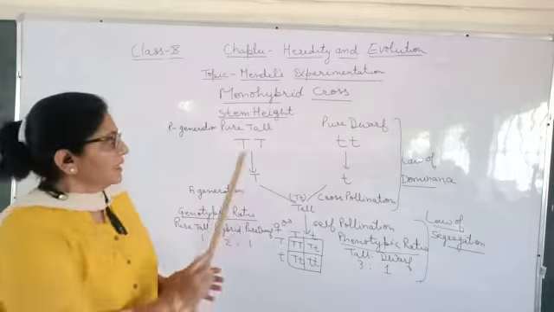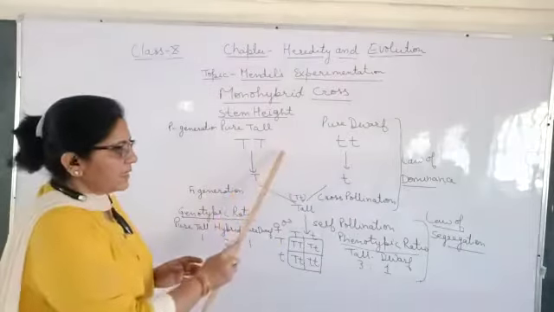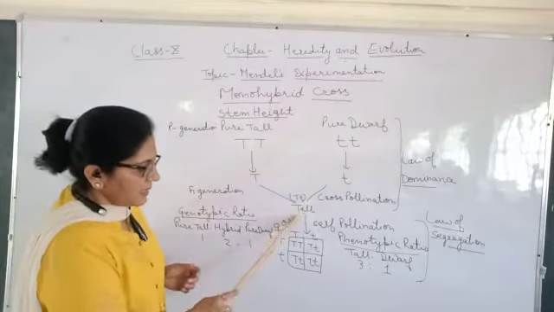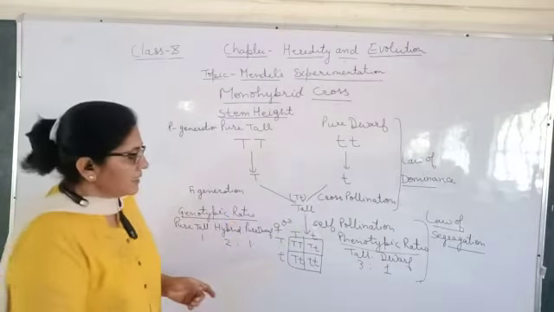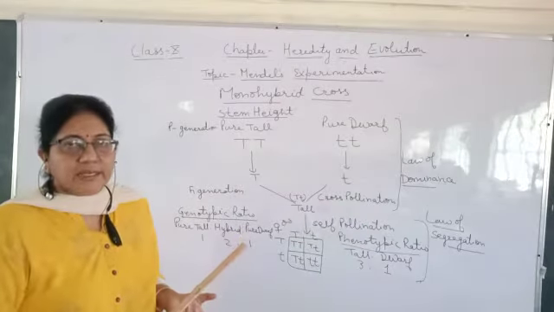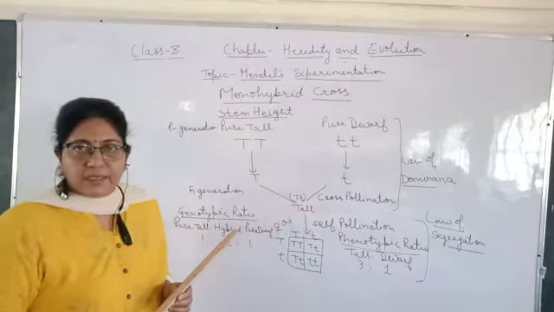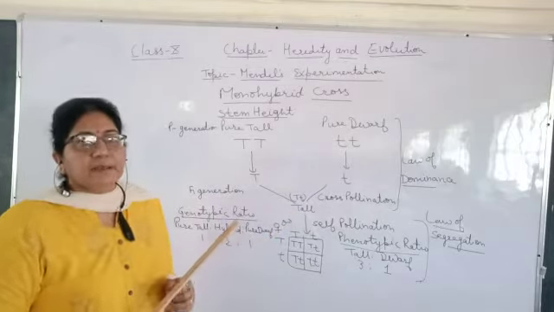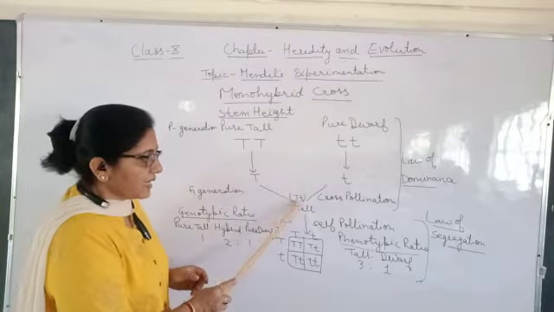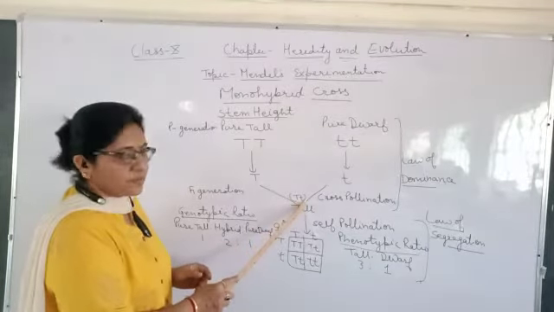So he thought the tall and the dwarf were mixed with each other, and that's why they would come out with an intermediate height. With this, he then did self-pollination, and the result came out with tall and dwarf. Then the confusion arises: what type of genetic makeup is there in the tall plant? After repeating the experiment, he observed that the tall F1 plant is heterozygous, in which we have one capital T and one small t.